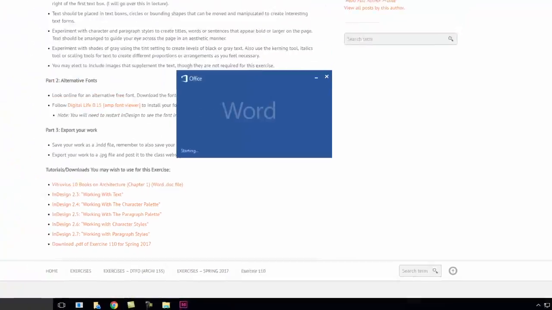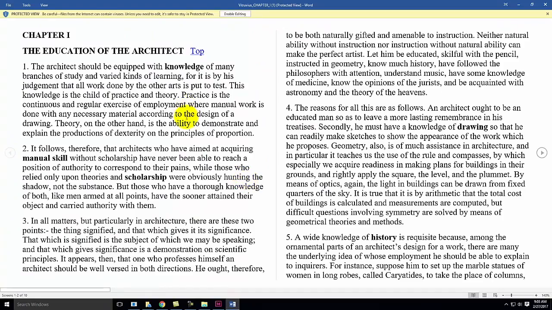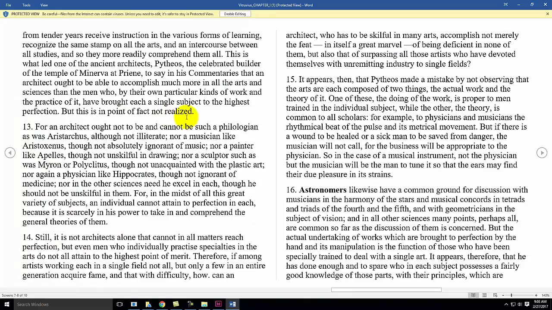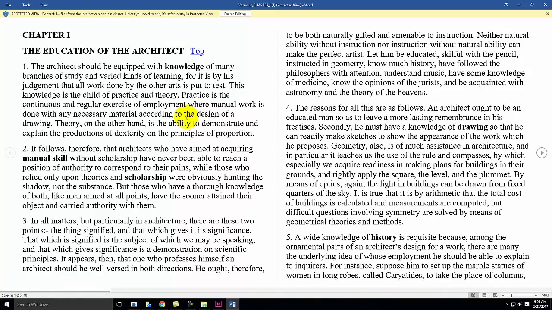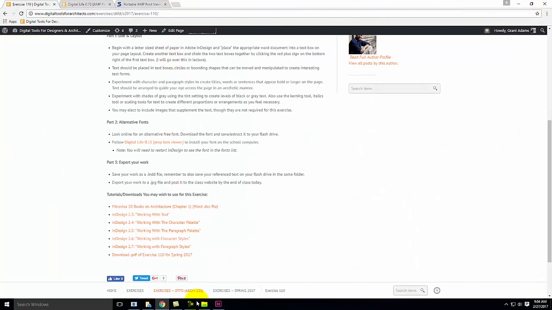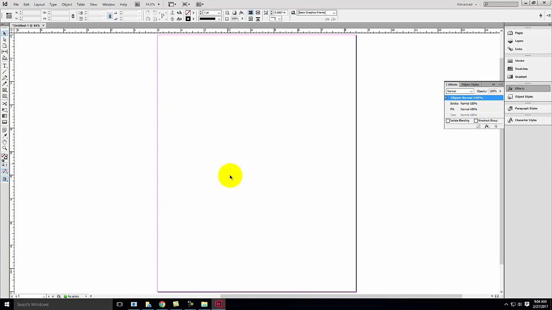What this Word document is, if I open up Word, is the first chapter of Vitruvius's 10 books on architecture. So it's essentially some text. And we're going to use it to learn the text process as part of InDesign so that you don't actually have to write anything today, which is important. So I have that. I opened it up just so you could see it, but I'm going to go ahead and close it. Now that it's closed, I'm going to go back to the world of InDesign,